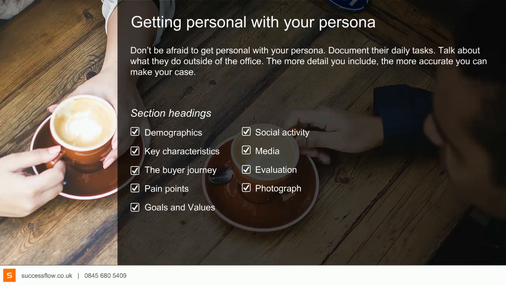So it's a lot. There are various ways of gathering this information. You've got desk research, looking on LinkedIn for job titles, seeing what their roles are, what groups and channels they hang out in, what information they share. The best way to get it is conducting interviews. So talk to salespeople who are speaking to these people on a daily basis, customer service interactions, and customers themselves.